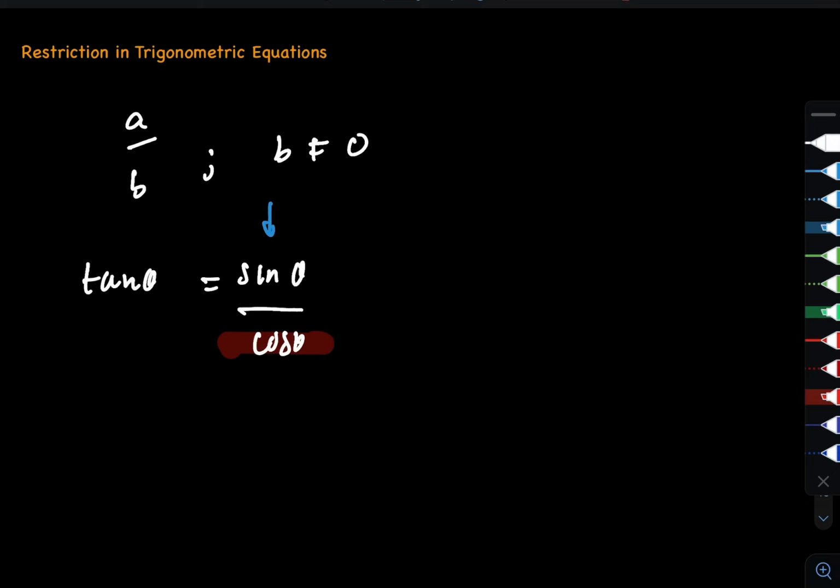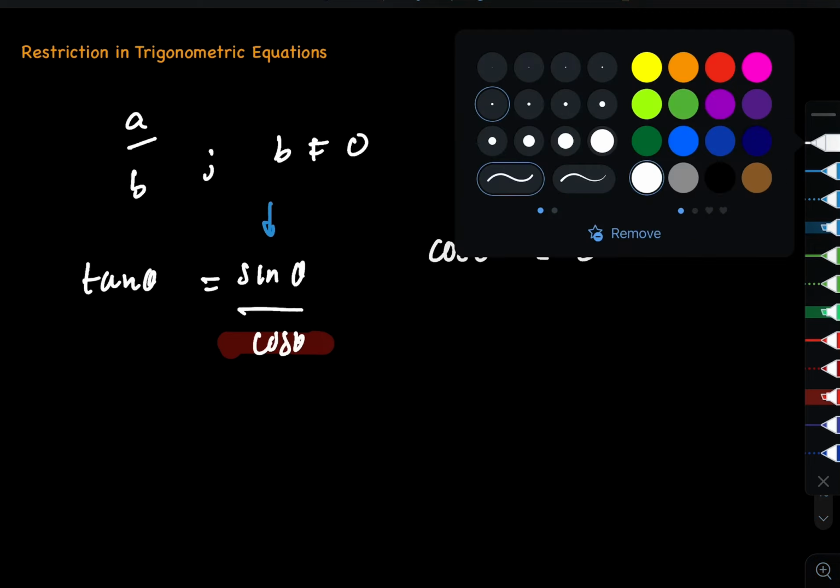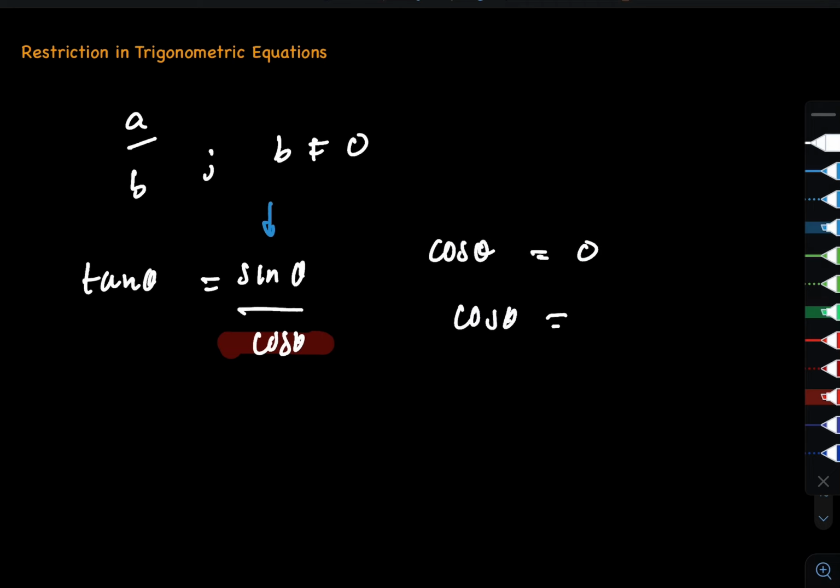Now we want to know which angles associated with theta will make this function, for example the tangent theta, have 0 in the denominator. All right, so what I'm going to do is to simply take cosine theta and equate it to 0 and simply solve for theta. Remember, here all I need to do is to put, I'm going to rewrite that again so that I can show you, inverse cosine, and then on the right I'm going to do the same thing, inverse cosine 0. And then this and that will cancel, leaving theta,